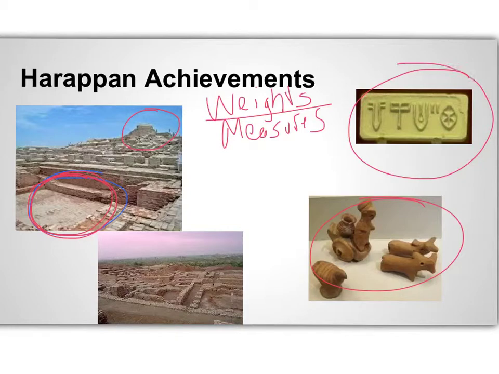They had their own written language, but unfortunately, we still don't know how to read it. We can't read this language. We haven't found something like a Rosetta Stone or anything to unlock this for us. So we don't know a whole lot about Harappan civilizations because we can't read this writing. But they did have their writing, so that's another sign of how advanced they were.